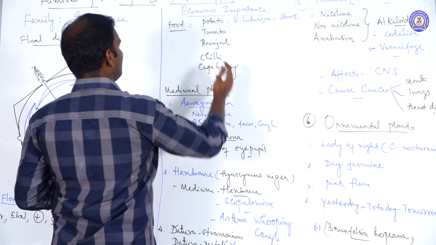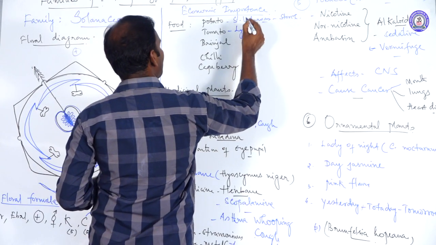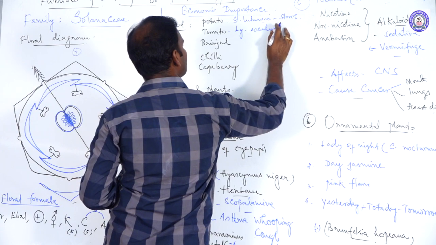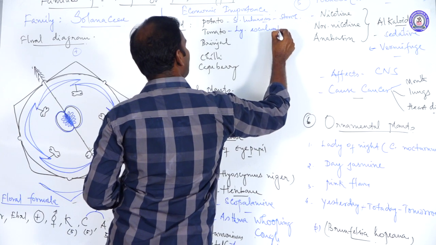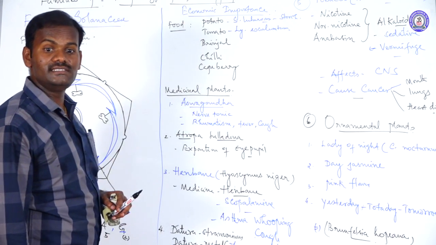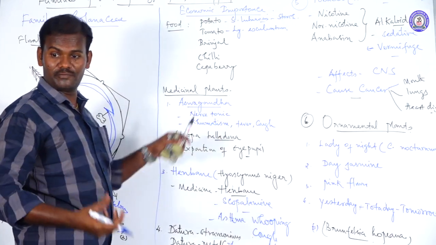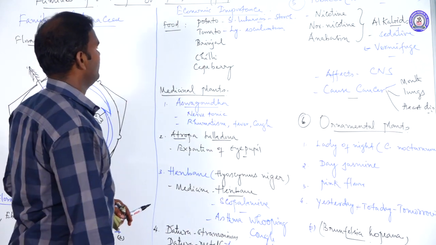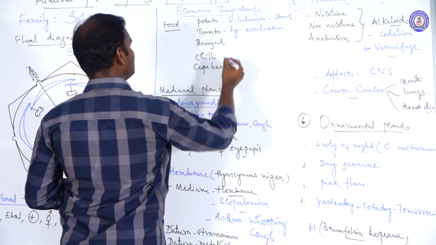Potato. And tomato, Lycopersicum esculentum. It is the binomial of tomato. It is used as a delicious vegetable. A chutney is also prepared from this. Delicious chutney is prepared from tomato, and it is one of the delicious vegetables.